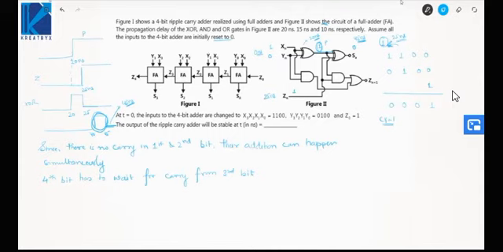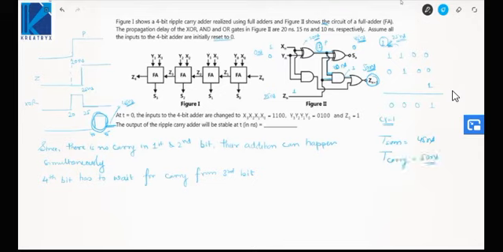What about carry? This is coming at 25. This is coming at 20. So this AND gate will wait for both the inputs to become 1. Then it will give the output as 1. At what time? It will give the output as 1 at 25 plus 20. Sorry, 25 plus 15. 40 nanosecond. Once this output becomes 1, the output of the OR gate will also become 1 at 50 nanosecond. That means final sum appears at 45 nanosecond and the final carry appears at 50 nanosecond.